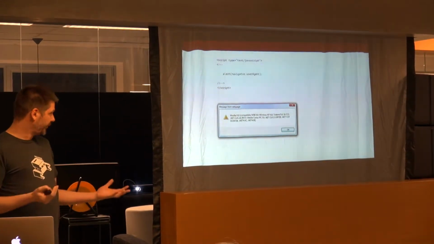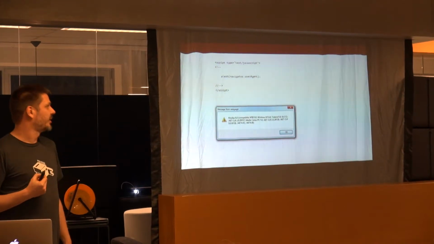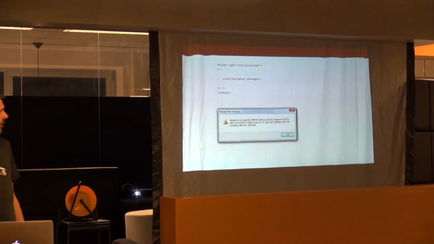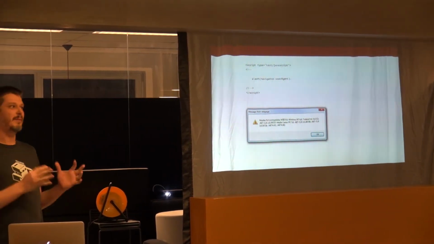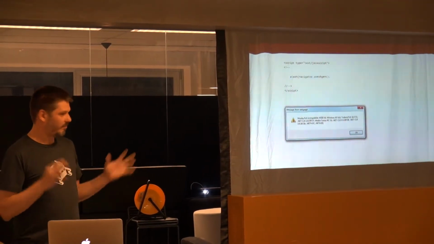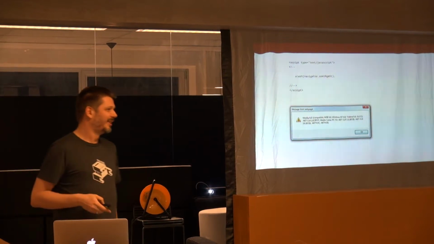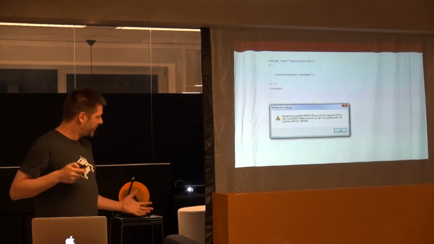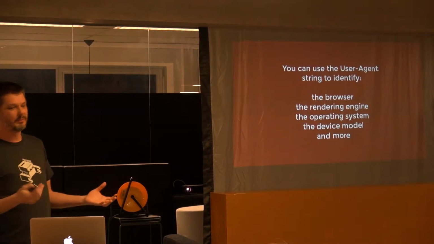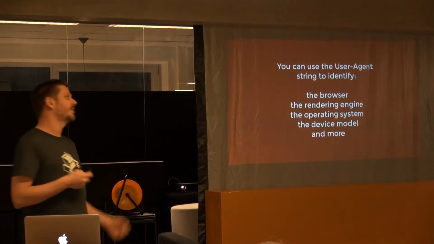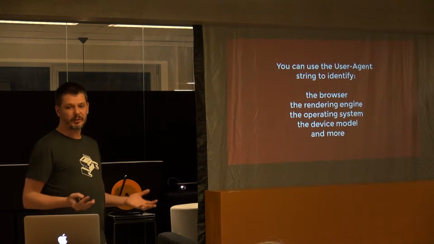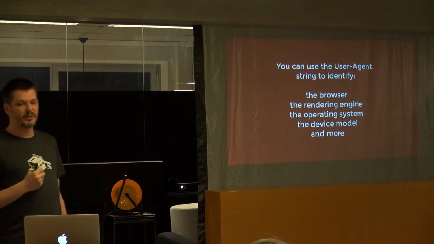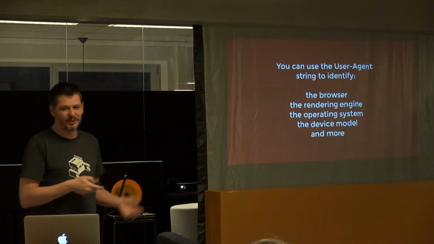And why is it different? Well, it's longer on the JavaScript side here because, well, it used to be this long on the server side as well, but Microsoft thought it was a good idea to save some bytes, even if it's just maybe 50 characters. It's still data saving. So you can use the user agent string to identify the browser, but also the rendering engine, the operating system, the device model, the manufacturer, processor architecture, language of the browser usually, but all of these things are optional. Even the header itself is optional.